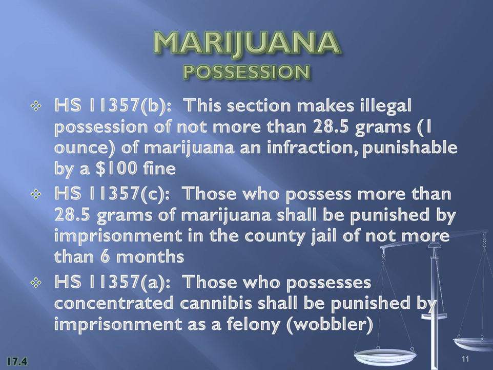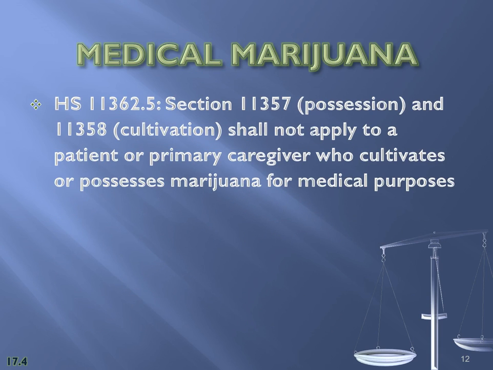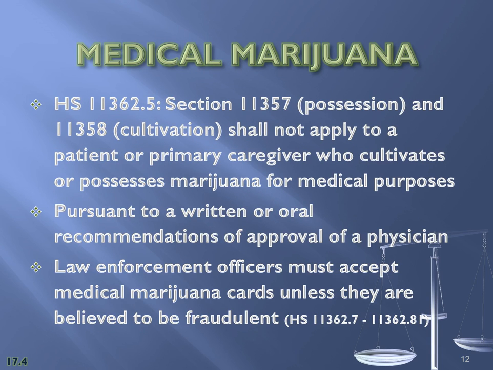Now, some of these drugs that were felonies for simple possession will be misdemeanors, and some of the amounts that are needed for transportation or enhancements have been lowered by what was known as Proposition 47 in California, which did reduce some crimes from felonies to misdemeanors, and some of the drug crimes were in fact some of those. So medical marijuana as it was before, 11362.5: section 11357 possession and 11358 cultivation shall not apply to a